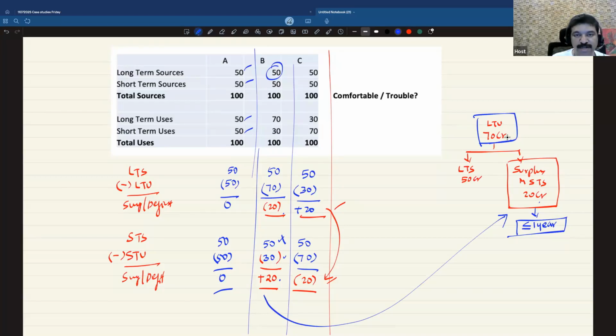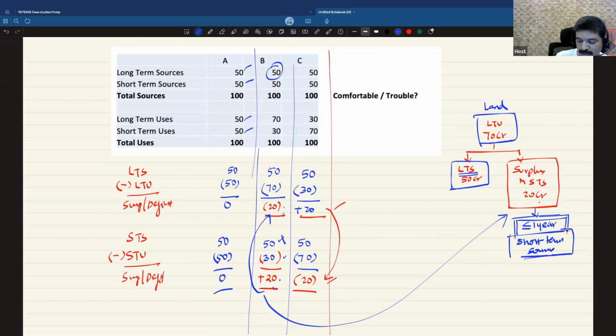I repeat once again. This company has created a long-term investment, let's say they have invested 70 crore in land. And for that, the corresponding source is 50 crore of long-term money, maybe the term loan or capital, whatever. And the remaining 20 crore has basically flowed from here to here, right? They had a deficit and the deficit was managed by the surplus. So this 20 crore has actually come from which source? Short-term source. Short-term source means these are all the funds that have to be repaid within a period of 1 year. So this 20 crore I have given for purchasing the land.